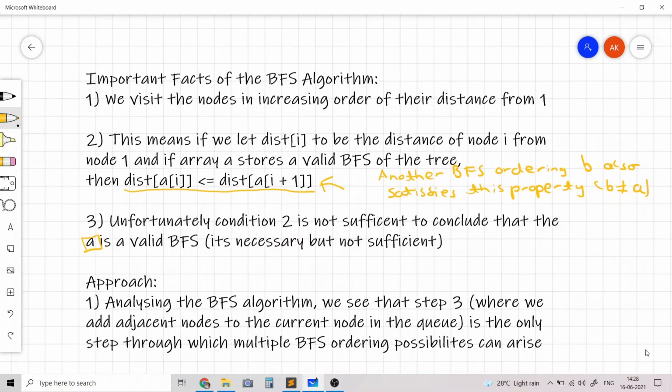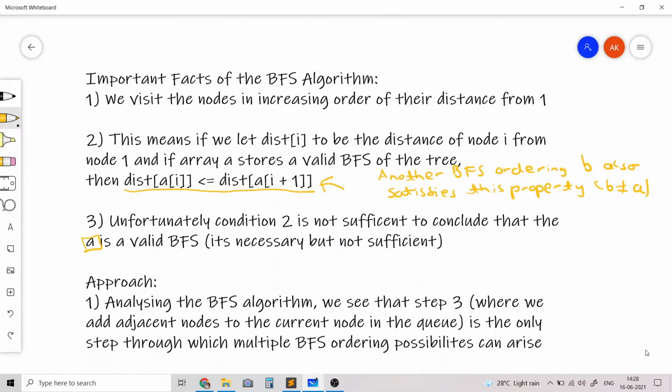What we need to fix is the order in which we are adding the adjacent nodes. That's the key motivation behind the solution.